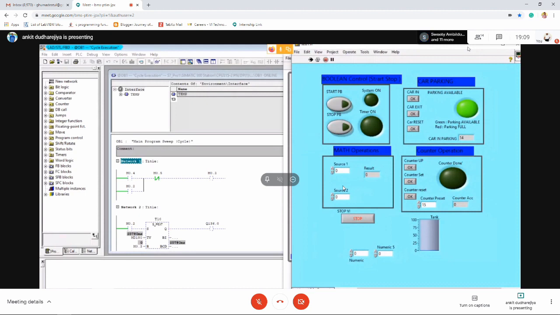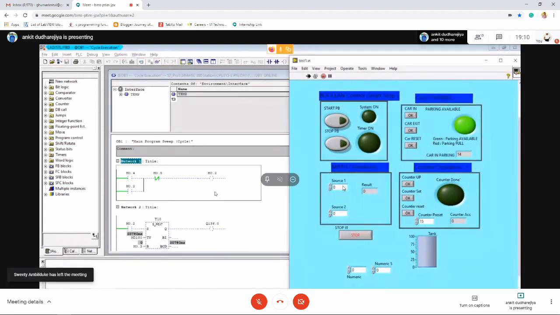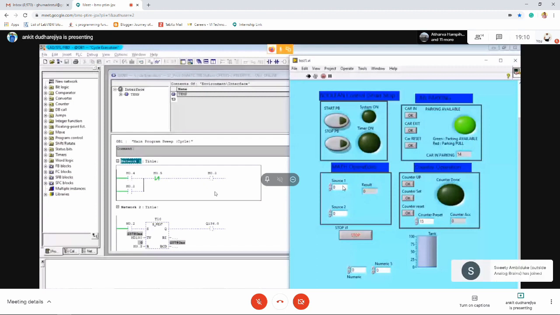Whatever pattern is used in the software, that we have assigned. So I'm giving M memory. Whenever we interface any controller with software, like for SCADA or HMI, we do not directly use the physical address. If you press the switch or button from the SCADA screen or from the touch screen, it is not going to react directly on your physical push button. That's why we have to use a memory address here.